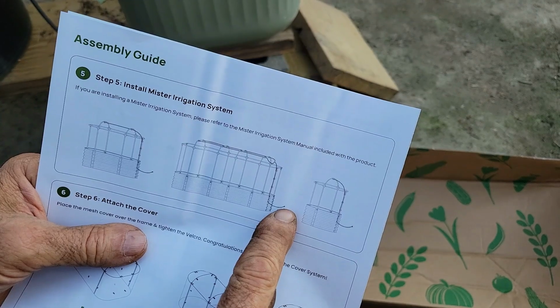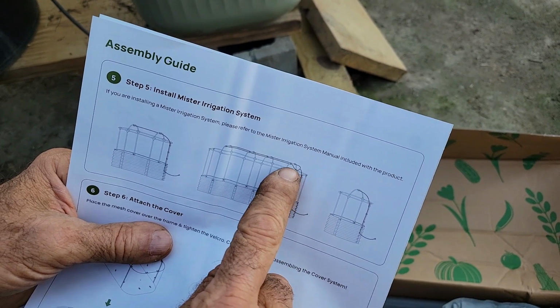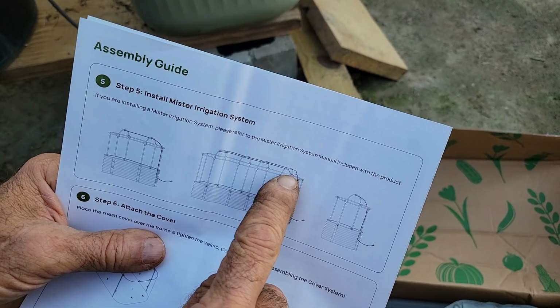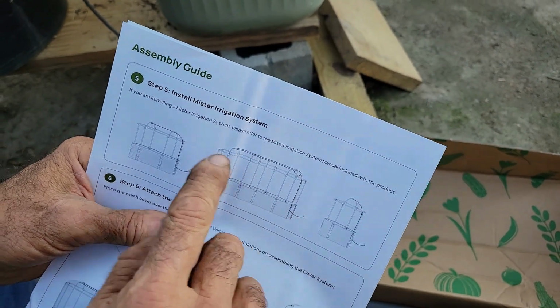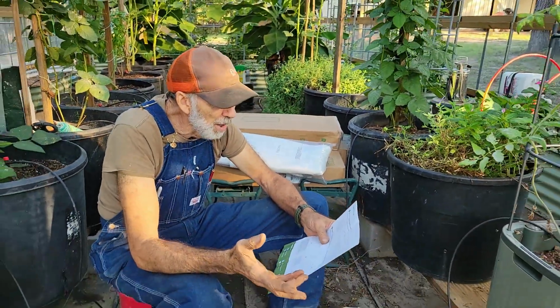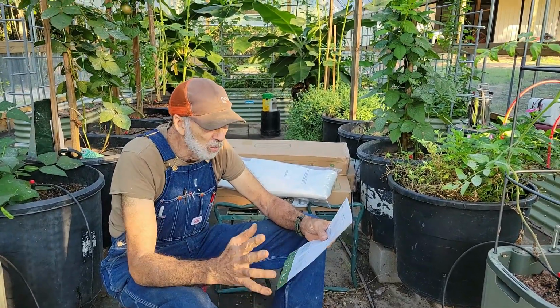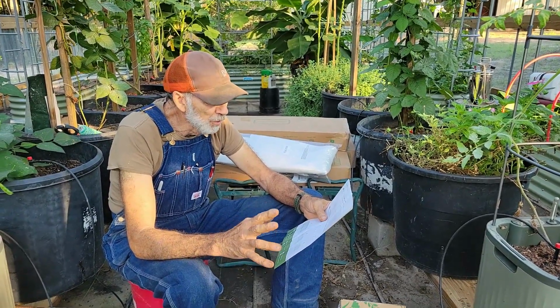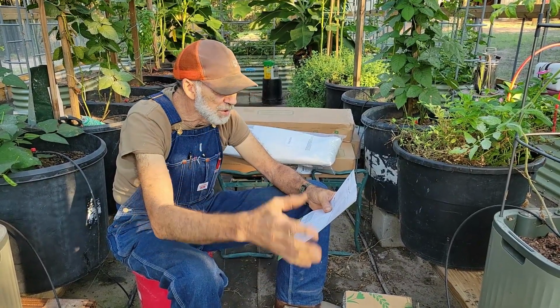This irrigation system hooks right here, and it goes all the way up. And we don't have, well, we got one, I think, that we ordered. It runs down the top of this, and it mists the water right down on top of it, which would be perfect for cabbages and broccolis, cauliflower, stuff like that. Not so good for probably tomatoes or anything like that, because you don't want to wet the foliage. But your winter or fall crops, beets, carrots, this type of stuff,